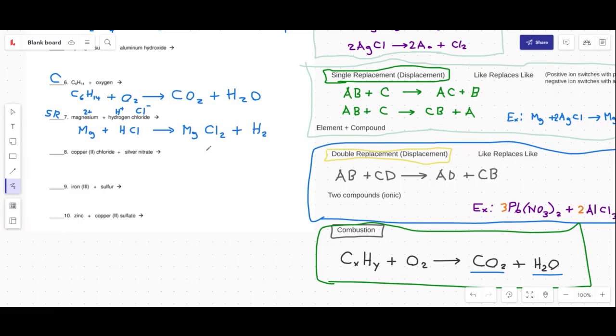Awesome. Well, excellent. I hope that was helpful for you. And of course, this I would just want to balance. If I was going to balance this, I'd just put 2 in front of the HCl, and that would do it. Make sure that you take some time to practice these, and there's a lot of practice available for you